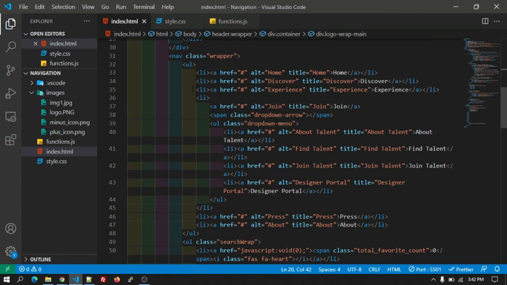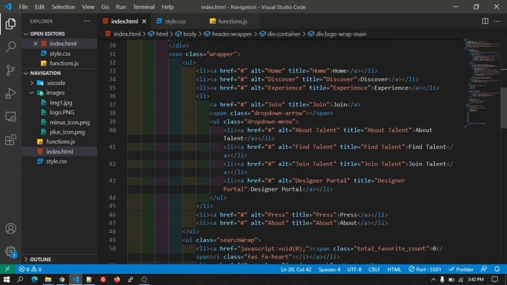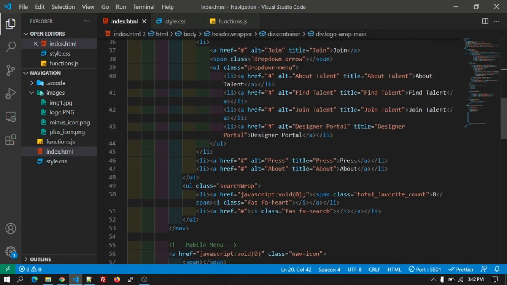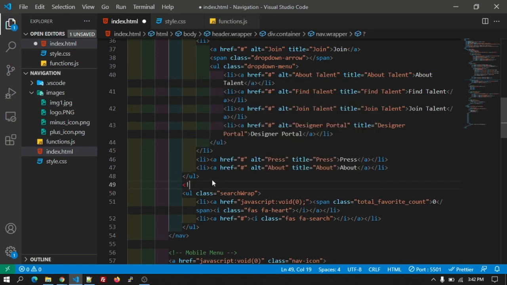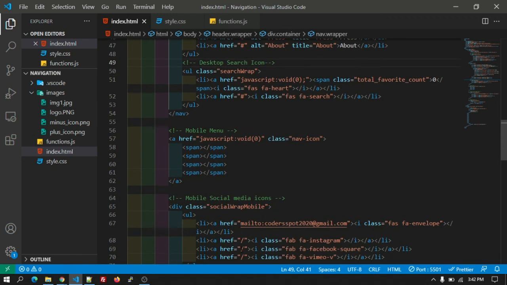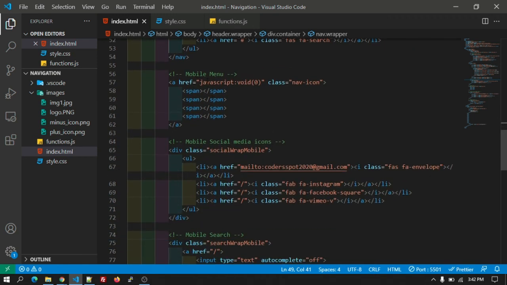This is the same menu that we have used for the mobile as well as the desktop. Okay, this is for the desktop search icons. This is for the mobile menu, the mobile hamburger menu.